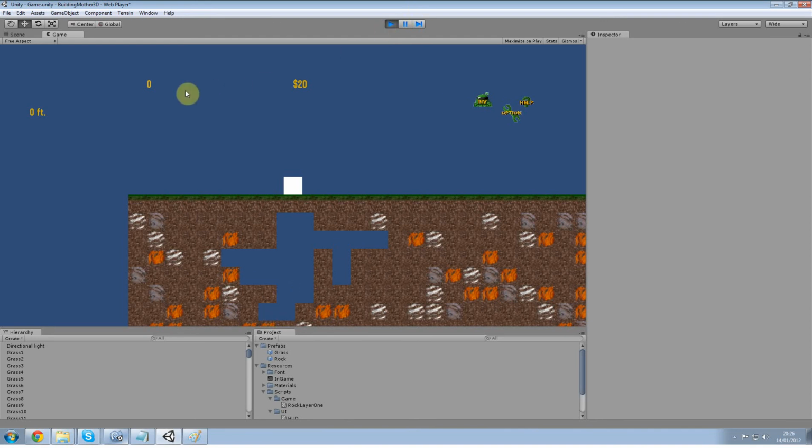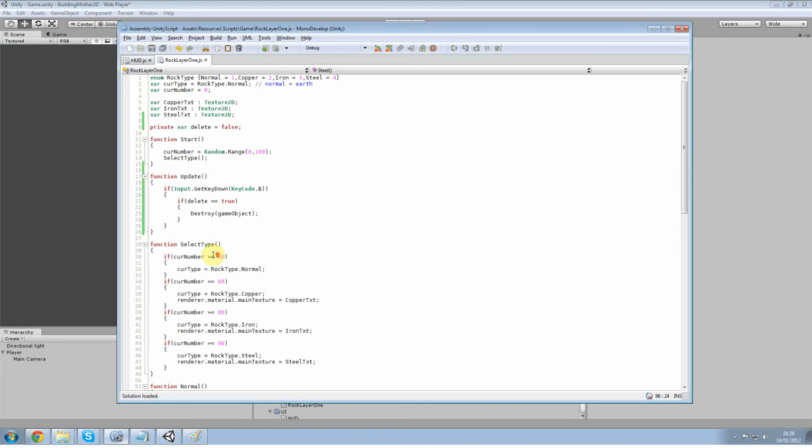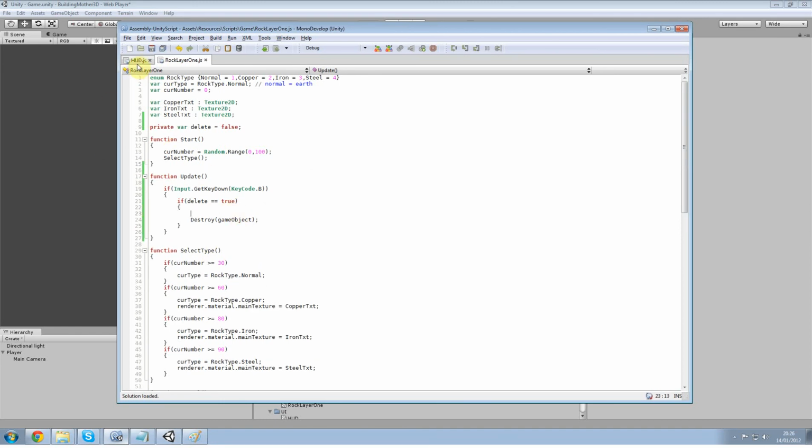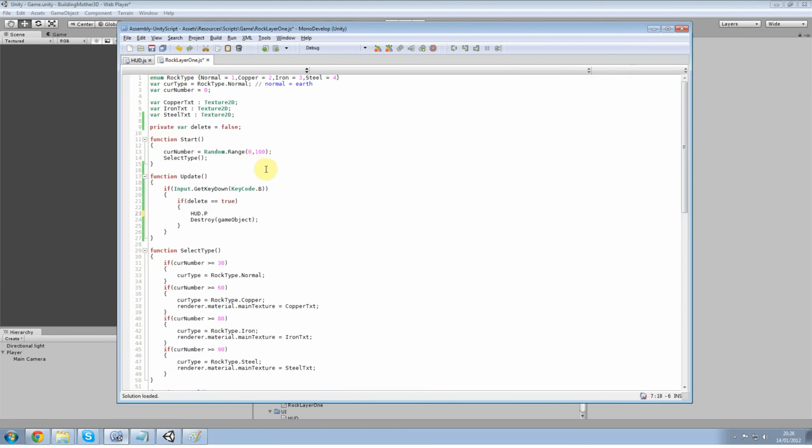So that works great. Now what we're gonna do is sync up the delete with our scoreboard. So in the destroy game object, we're gonna do HUD dot, let's find that variable, and it's points. So HUD.points plus equal